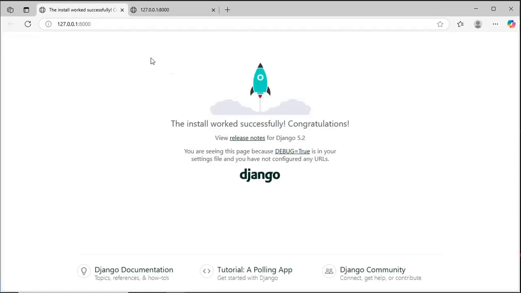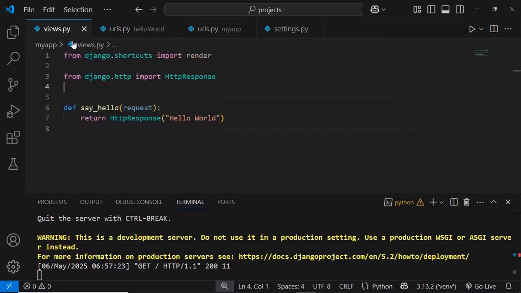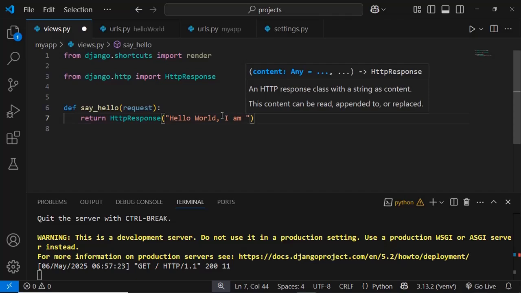Why? Because we have replaced this default HTML response, and we put our own response hello world inside here. And if we go ahead and change the logic from these views and say,